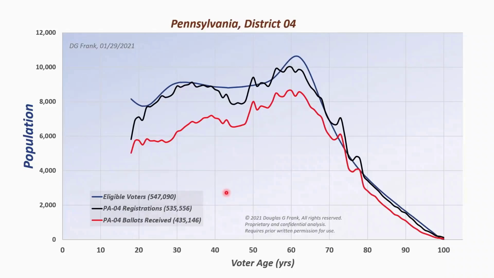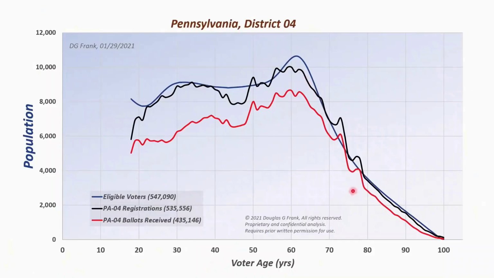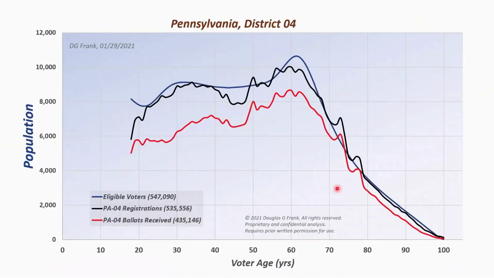And by the way, let me say that again. These are data. None of this is made up by me. These are just straight right from the census, right from the registration databases. So this is me just showing you what the facts are. That people understand. So that black line is showing irregularities where there are more people supposedly registered to vote than there are voters. And this red line of the ballots received mirrors it nearly perfectly, which, that black line was an anomaly, so that red line has to be an anomaly. Yes, well stated. That's a good way to look at it.